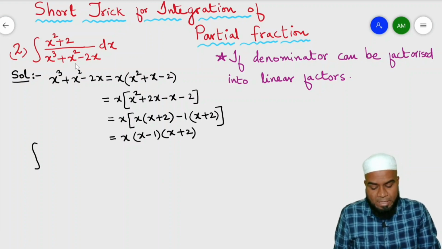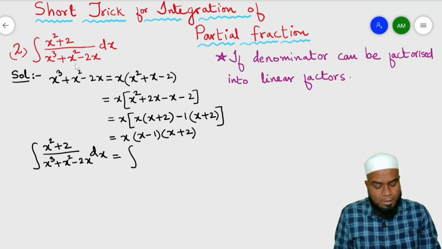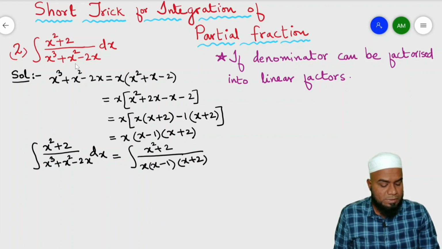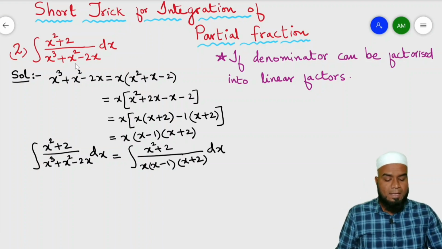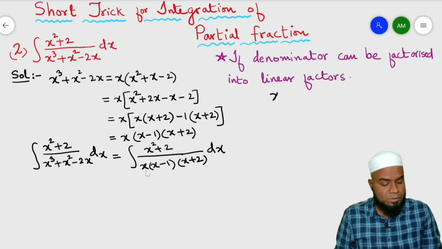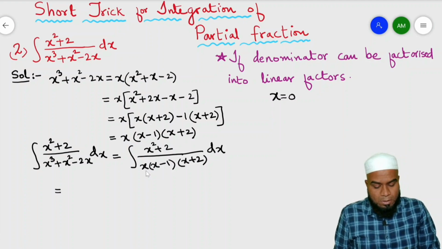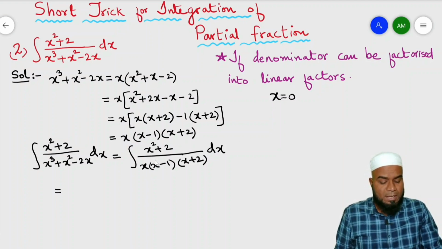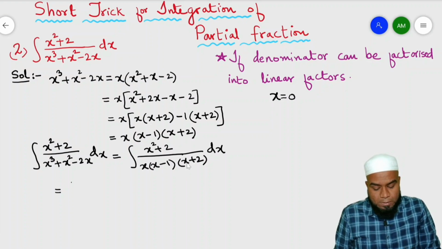Therefore the given integral, the integral of (x square plus 2) upon (x cube plus x square minus 2x) dx, will become the integral of (x square plus 2) upon x into (x minus 1) into (x plus 2) dx. This will remain. Now you can see that the denominator is factorized into linear factors, right? So one by one we have to equate to 0. First we will equate x to 0. Then x equal to 0 we have to substitute in this term and in this term. So what we will get? (0 plus 2) upon